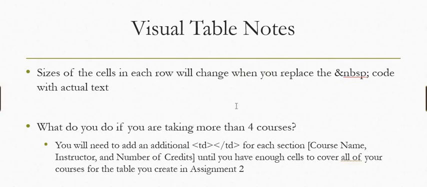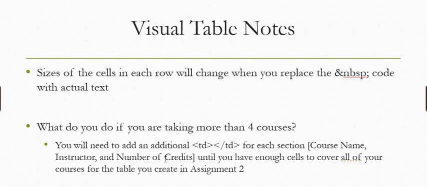So some notes on your visual table provided information within the previous slide. As mentioned, the sizes of the cells in each row will change when you replace the ampersand NBSP semicolon code with actual text. Now, what do you need to do if you are taking more than 4 classes? As previously referenced, you need to add another TD tag for the table column or data cell for each section. So you need to add a new one for course name, a new one for instructor, and a new one for number of credits until you have enough cells to cover all of your courses for the table you create